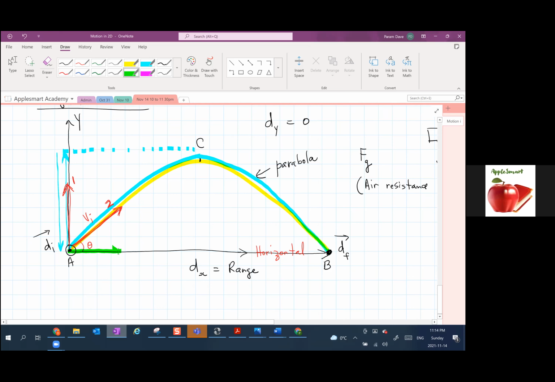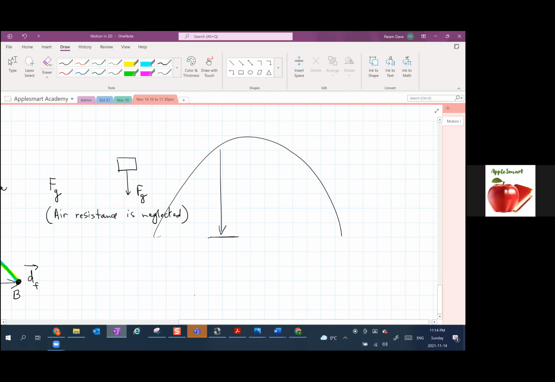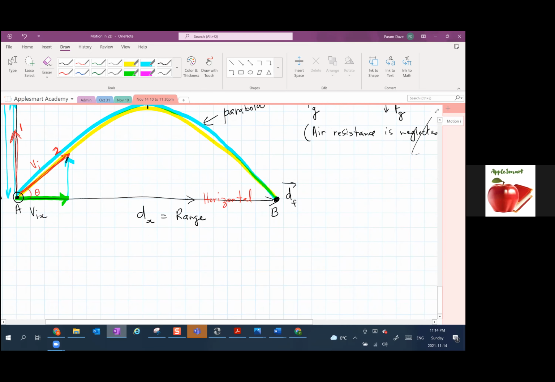It has an X component and it has a Y component. And because of that X component of Vi, that's Vix shown with the green, the ball is not just going to fall down vertically, it is going to go up and down, but it is also going to travel horizontally because of that